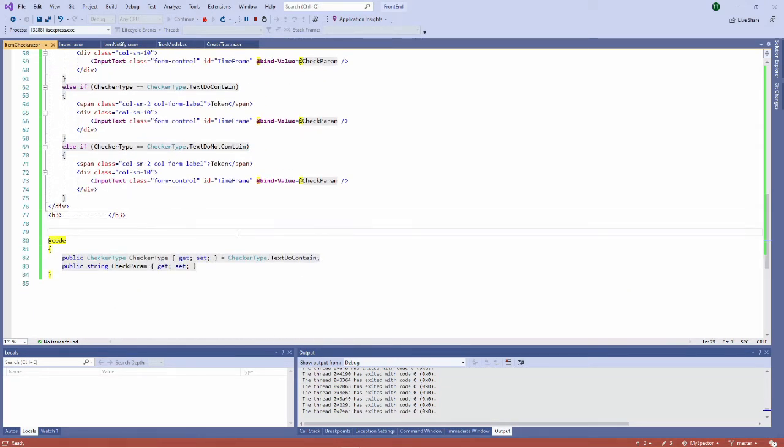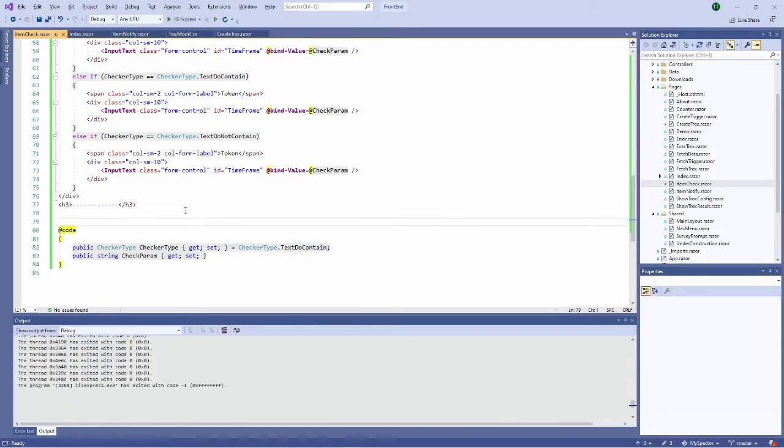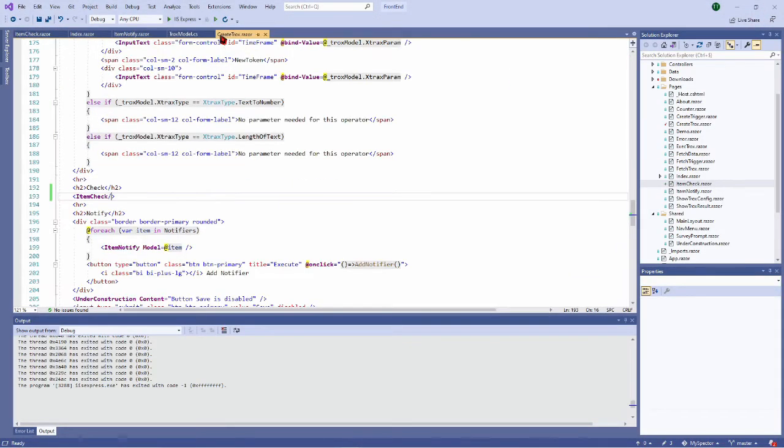Okay. Good. So now if I come back to the code, create trox, you see that the component has been successfully extracted.